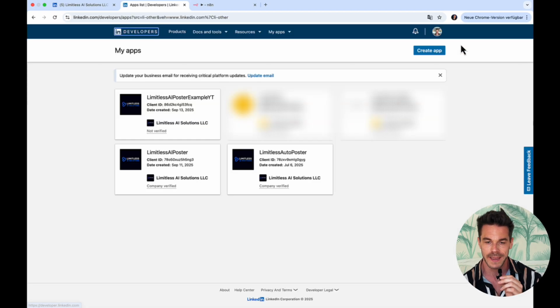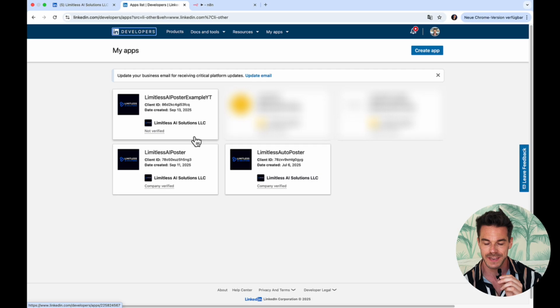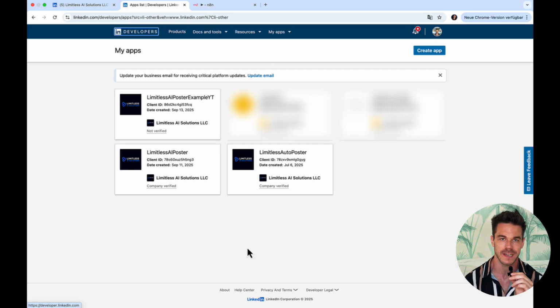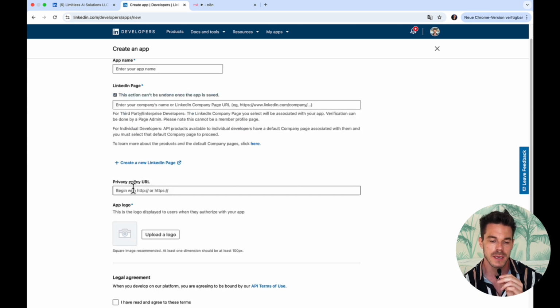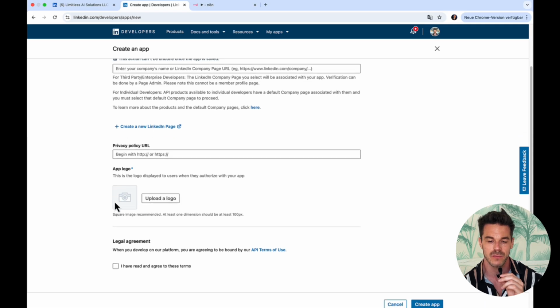So we go to my apps, and as you can see, I already created some apps here for myself and also for clients. And if you never created an app here, the first thing you do is you go to create an app. Then you give it a name. You have to enter here your LinkedIn business page URL. Here you can select a privacy policy, but you don't have to do it. And you have to upload a logo. And then if you agree to the terms, you go here to create app,